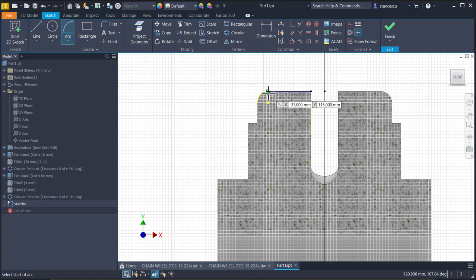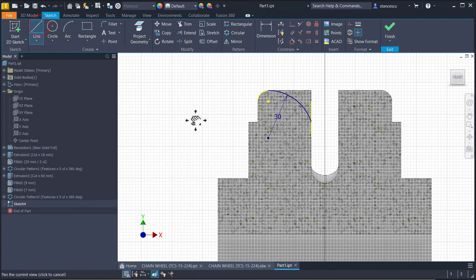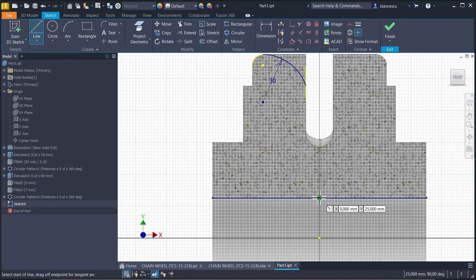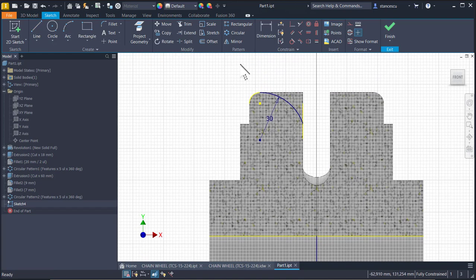Arc from this point to this point, radius 30 and tangent to the left. Then I draw a small axis starting from this point to this point